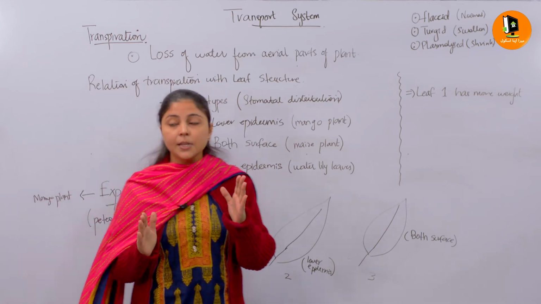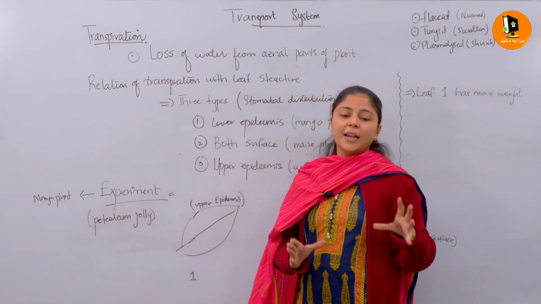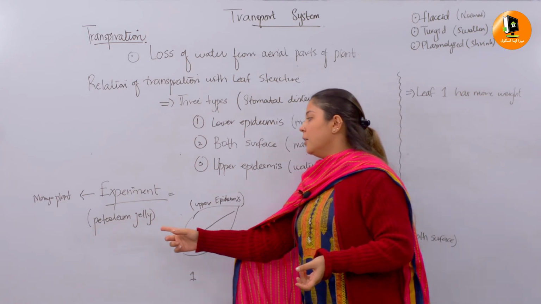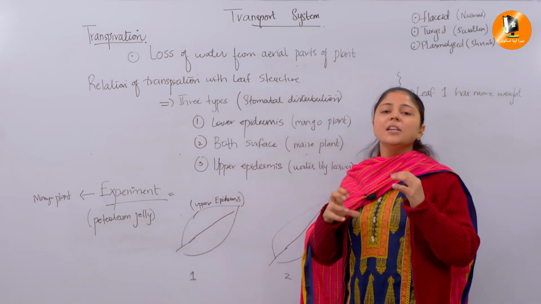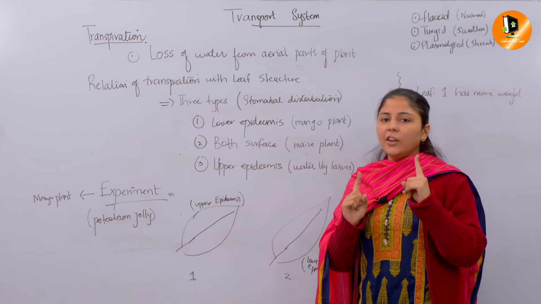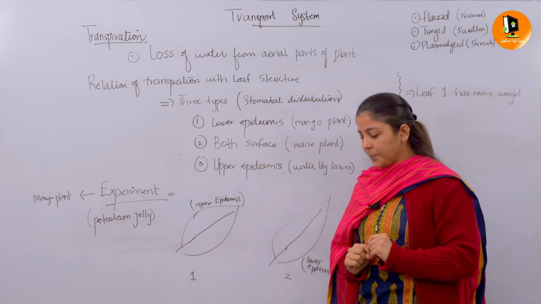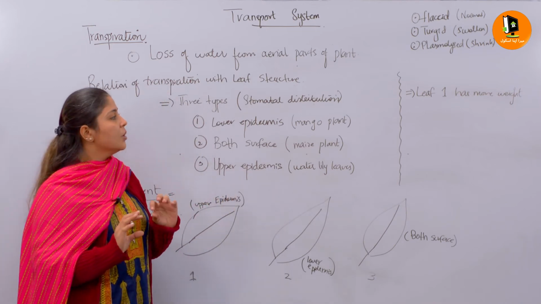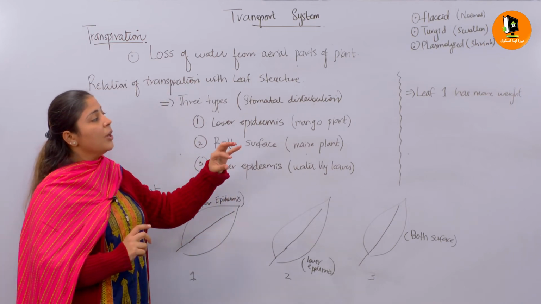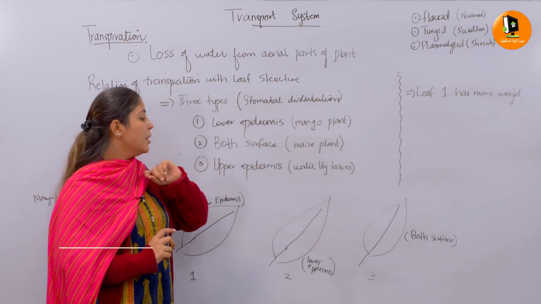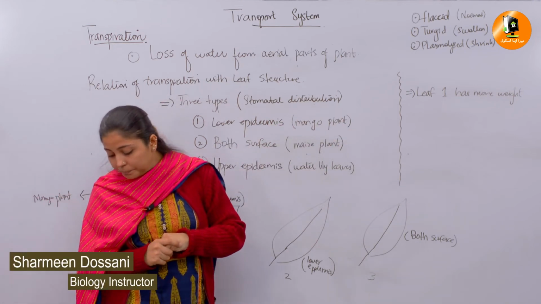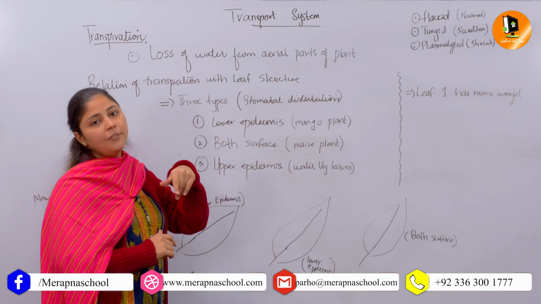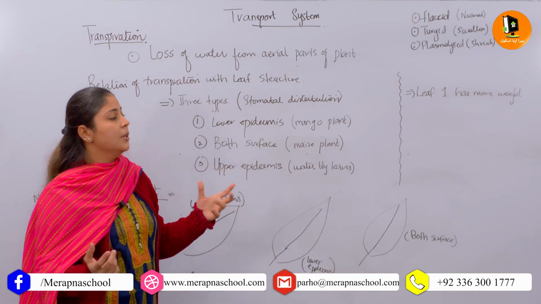I have discussed that petroleum jelly acts like an insulating coat or protective layer, and when you talk about a protective layer or insulated coat, it will not favor transpiration. Now, after applying this, after a few hours I will weigh the leaves again. When I measure the weight of leaf 1, leaf 2 and leaf 3, what will happen?